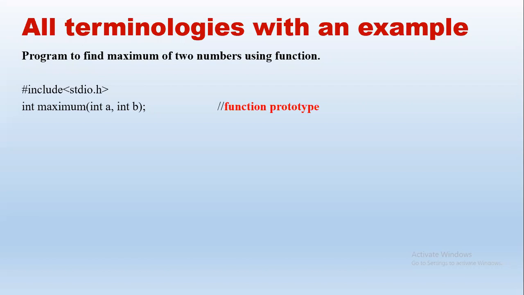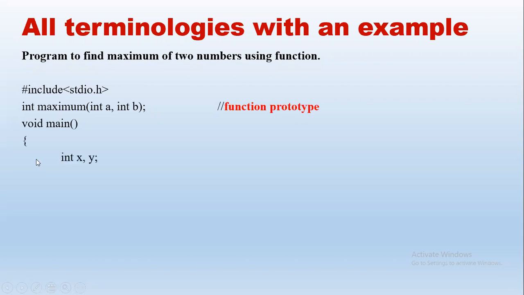Previously we saw that if the function is defined first, there is no need of a prototype. But here we are defining the function later after main. In that case, this is how you have to give the function prototype: int maximum of int a comma int b semicolon. If it is only a prototype without the function definition, we give the semicolon. It tells us the function name is maximum, there are two integers as parameters, which are formal parameters, and there is an int return value. We are writing the main function first, and that is why the function prototype has to be given before, right? This function is defined later after main.